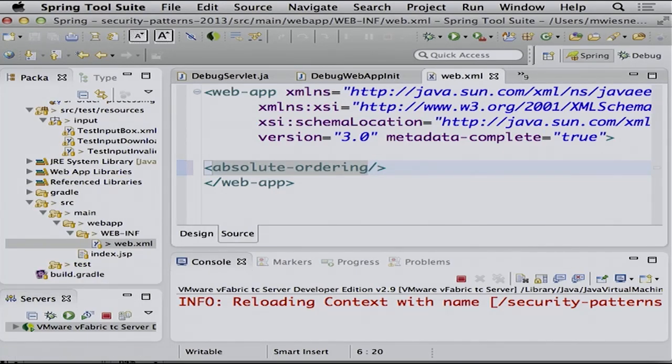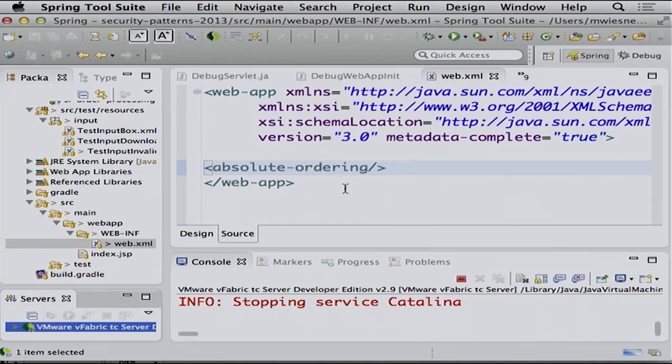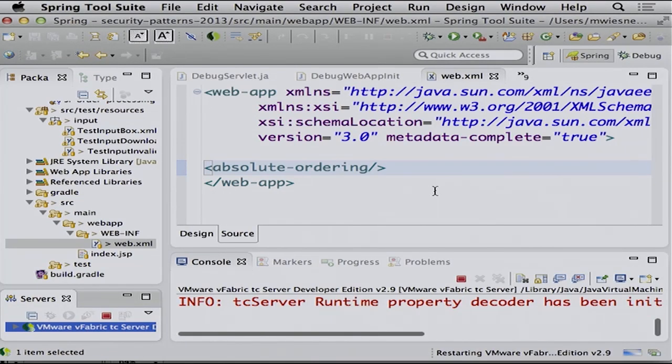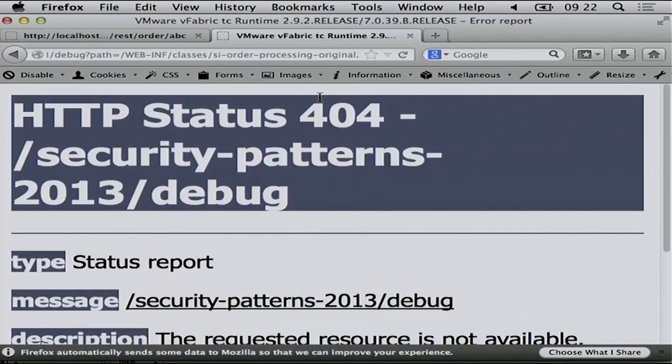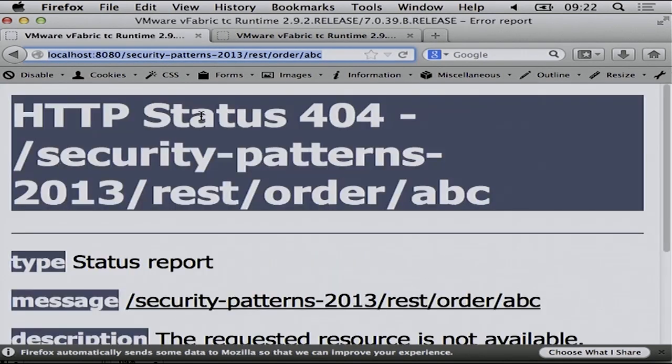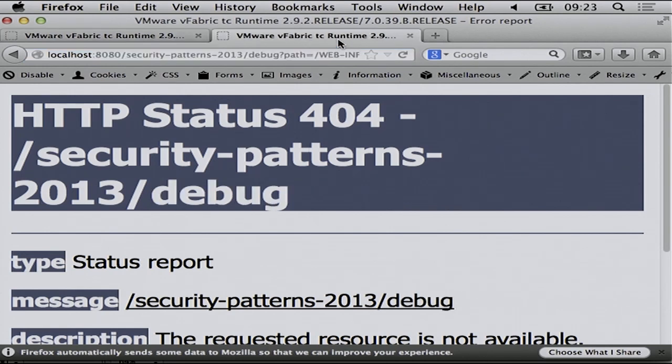Well, let's see how that works now. Just that you really see that you can disable it. So again, the trick is saying absolute ordering empty. And now you see that the web XML is used really. And here we go. The debug servlet is not working anymore. Well, our application is not working either. And that is kind of a problem, as you can see, because in the servlet spec, it's not really possible to limit it. So you could say, well, disable it, but then if you use it in your application, that's bad.